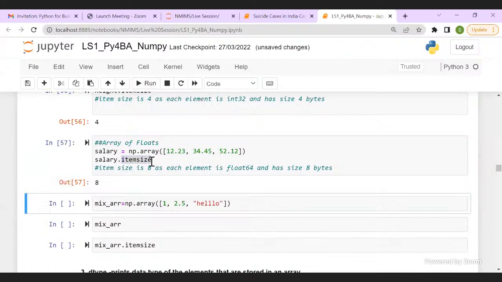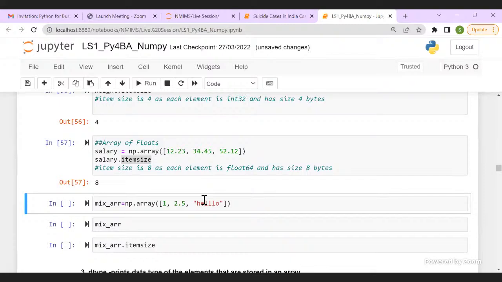Okay. So same thing I have explained to you. One question that was asked in my last batch, so I included it here. I told you in the beginning that a Python list can have heterogeneous type of data, but an array always has homogeneous type of data.